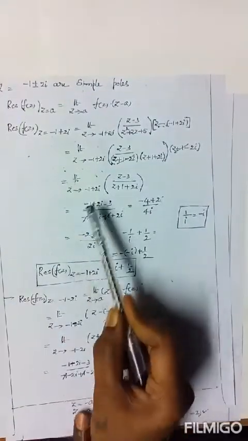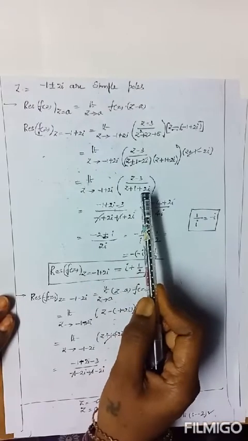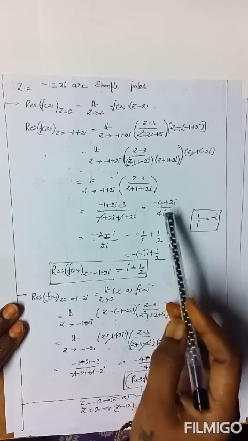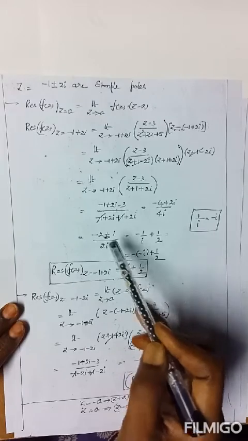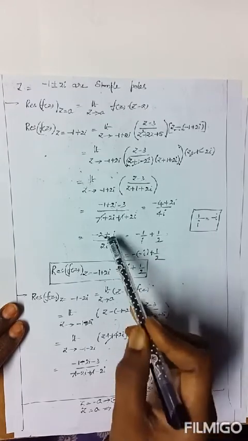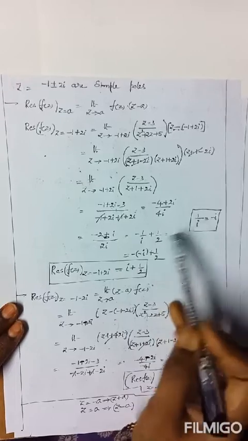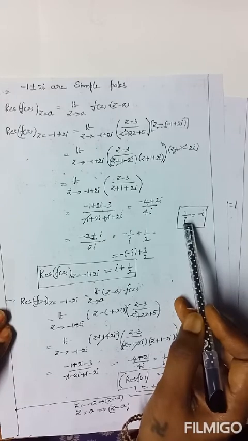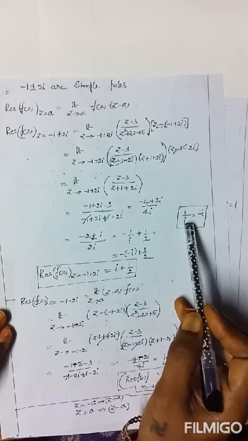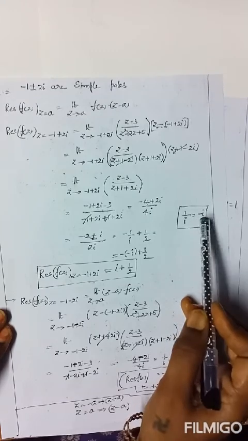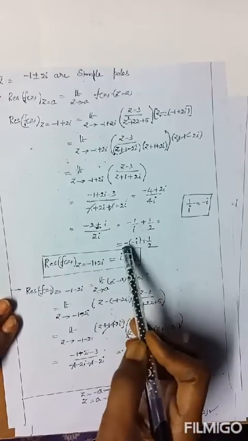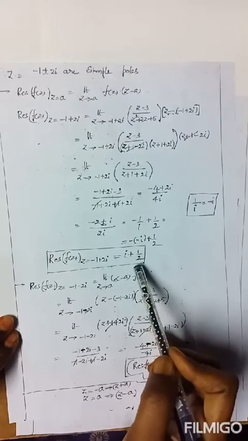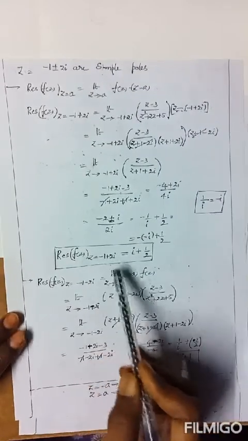Now you can substitute z equal to minus 1 plus 2i. Now by writing this, this is the result. Now take 2 as common from numerator and denominator. After that, this is the result. First term by LCM is minus 1 by i, second term by LCM is 1 by 2. 1 by i value is minus i, by taking rationalization, i by i, which is i by i square, and i square is minus 1. Totally 1 by i is also written as minus i. So minus as it is, 1 by i equal to minus i, plus 1 by 2. Totally minus i plus 1 by 2 is the residue of f of z at z equal to minus 1 plus 2i.